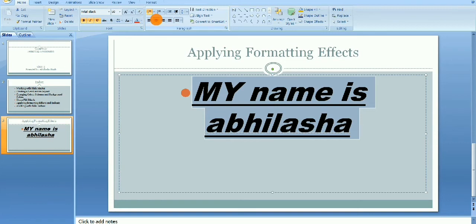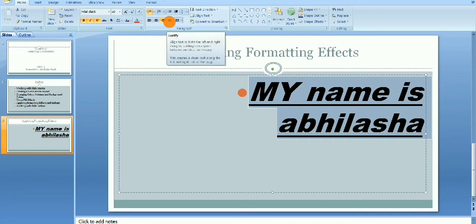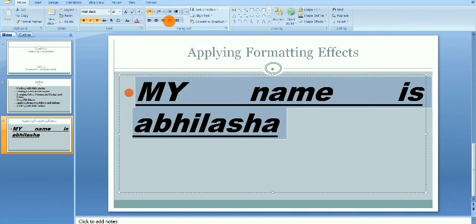If you want the right side alignment, you have to click on this, and the text will be shown on the right side. If you want your text in a normal form, you have to click on justify. Justify aligns text to both the left and right margin, adding extra space between the words as necessary. If you click on this, it will be justified.